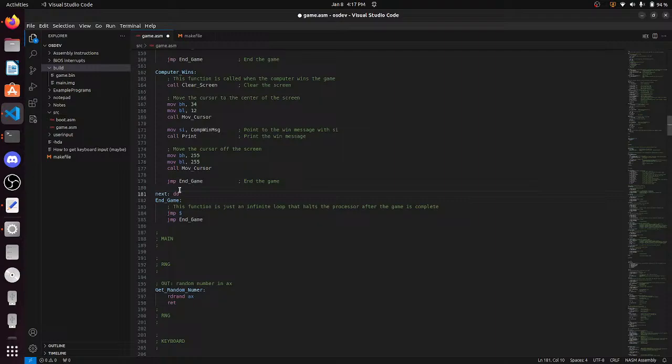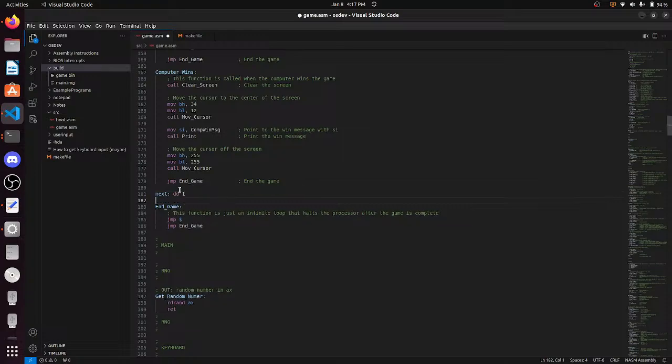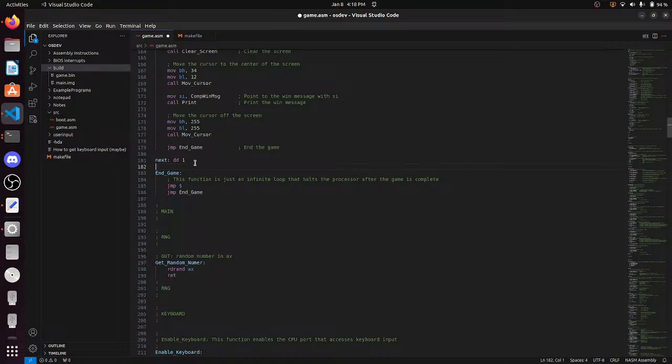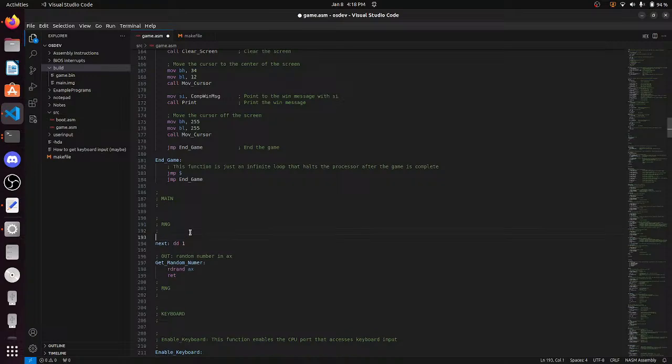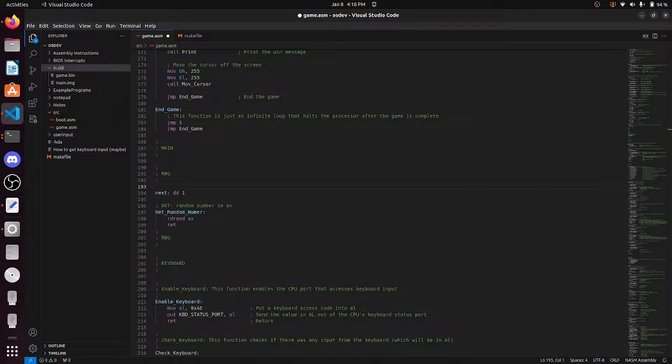double word. So define double word, 1. And then in... Oh, I completely missed the RNG. In here, put that next right in there, and I guess we're assuming the carry is 0. So next equals, or, I can't do that. Next,